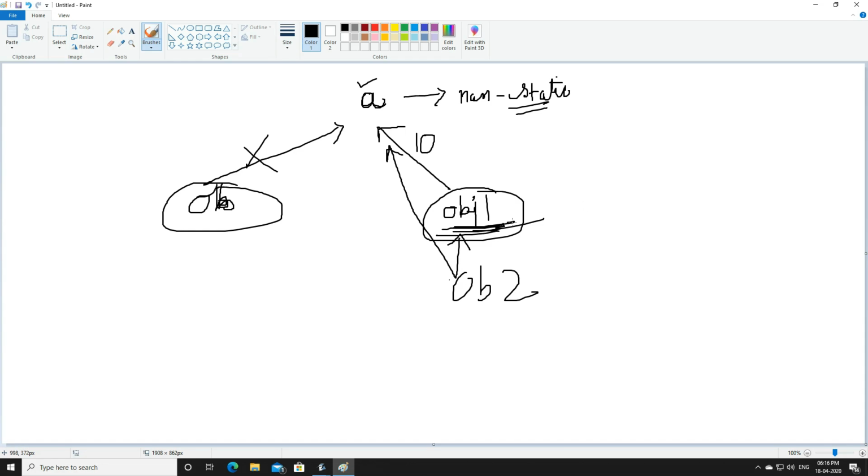Whatever is the value of obj1, the same value will be for obj2. We will have another object obj2 which will point to the same variable. Okay, because obj1 and obj2 both are copied.